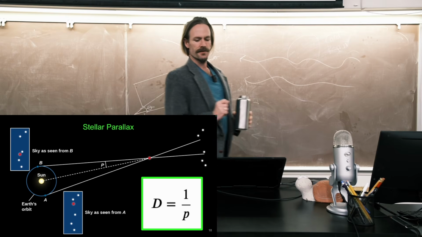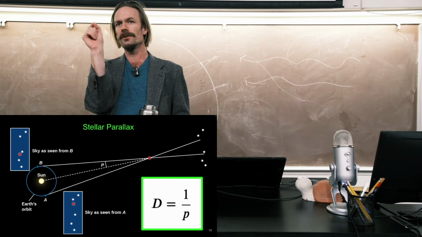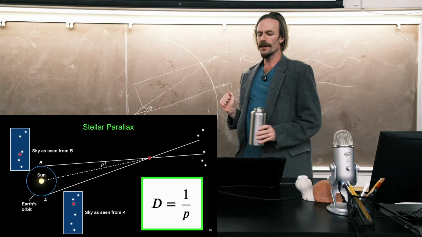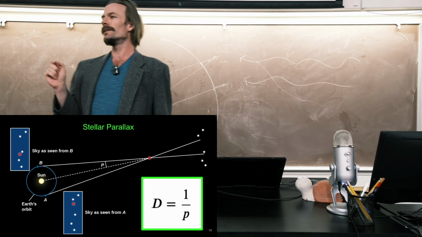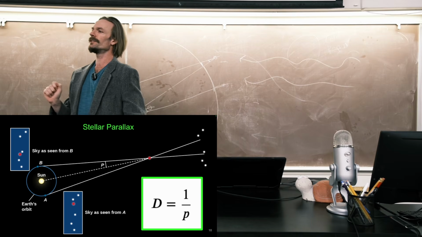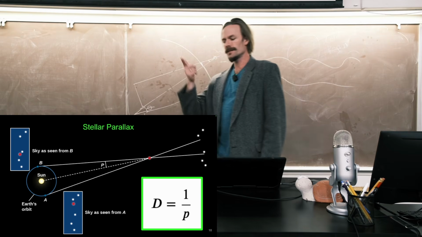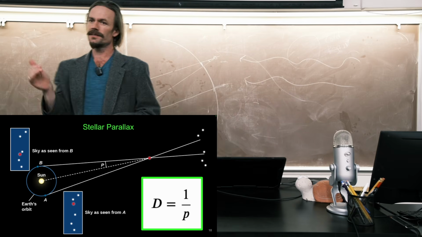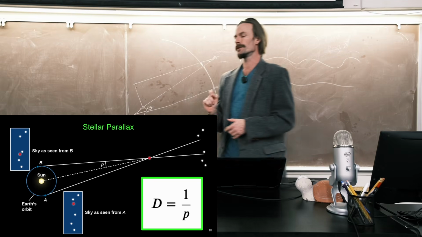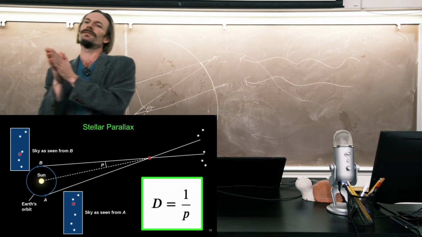The closest star to us has a parallax angle of only 1.5 arc seconds. That means a single arc second is 1/3600th of a degree. So a circle has 360 degrees, and an arc second is 1 out of 3,600 of those. And the angle that those guys had to measure with those high-powered telescopes in the late 1800s, they were finally able to do, was 1.5 out of